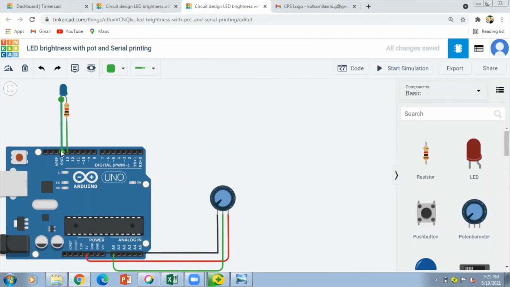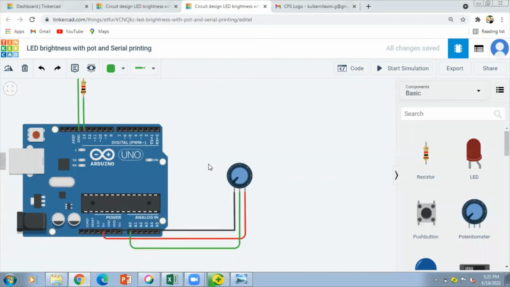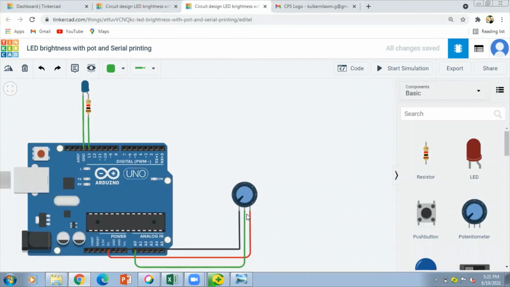And we will use the mapping instruction, where the analog value of this wiper will change into a digital value, and that value will be written to pin number 13 where the LED is connected. Then the brightness of your LED will change according to the value of this potentiometer. Fine, that we will see in the mapping process.